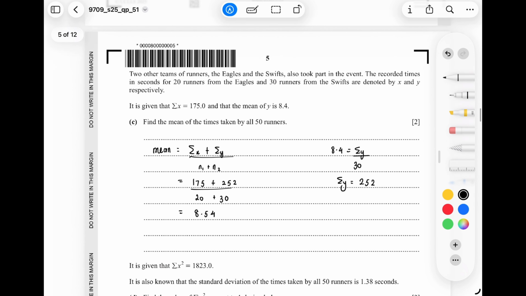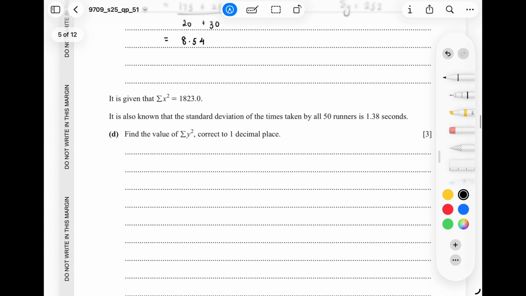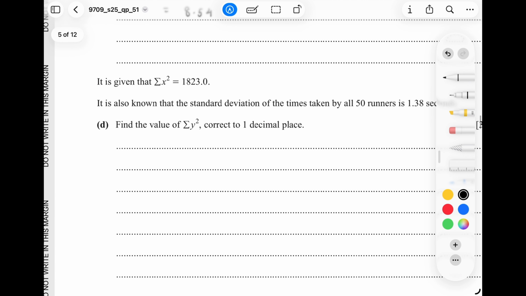And your answer, that's your answer. Okay, and the last part is given that sum of x squared is this, standard deviation, and they give you the standard deviation, and they want you to find the value of sum of y squared. So it's together again. So for these, you just have to remember the formulas. It's even in the